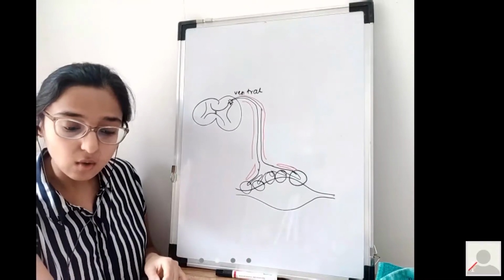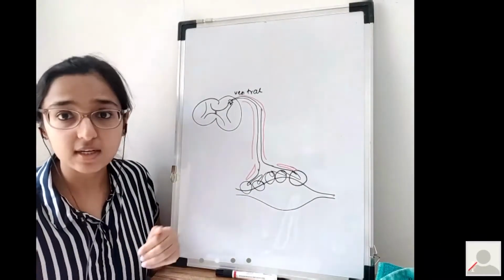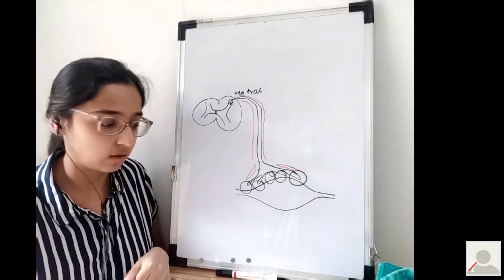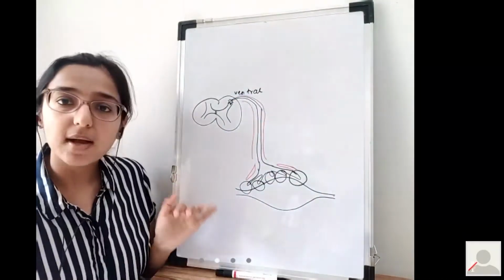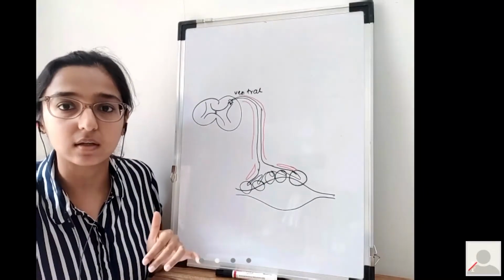Now, this is a very rough view, but we need to know everything in detail. So is this much understood, the rough idea about how transmission of the impulse occurs?